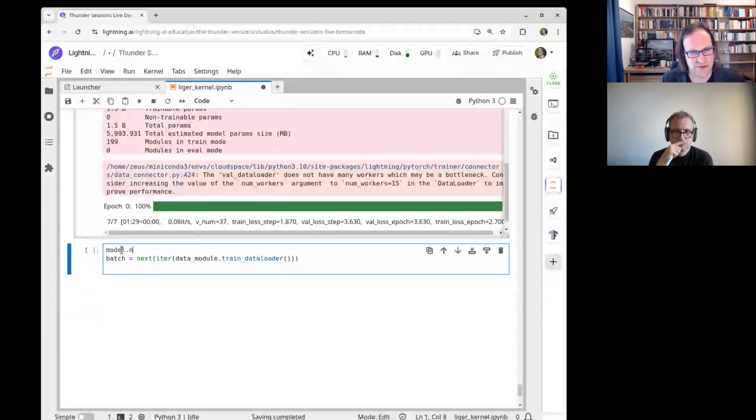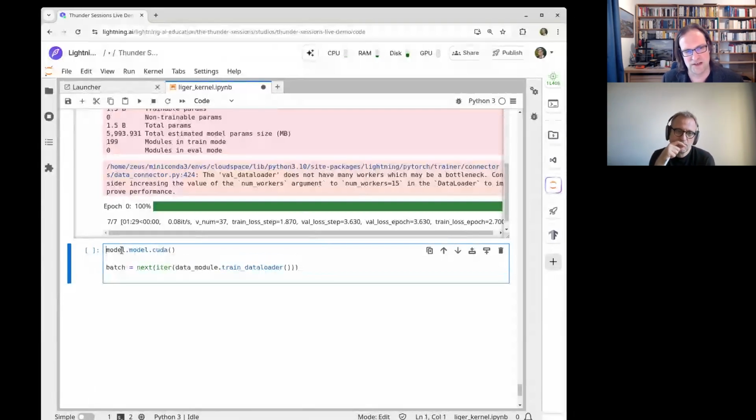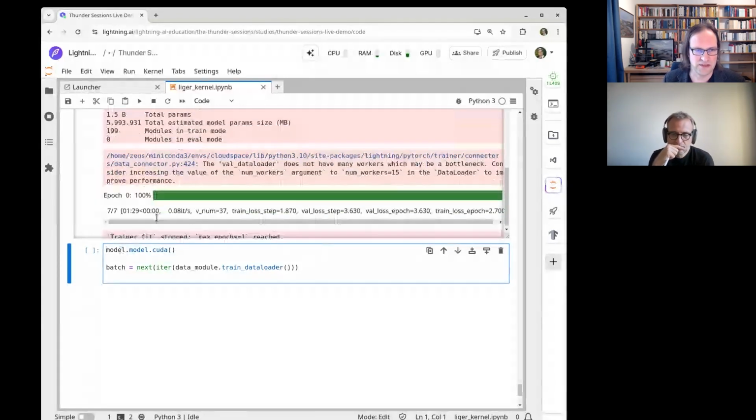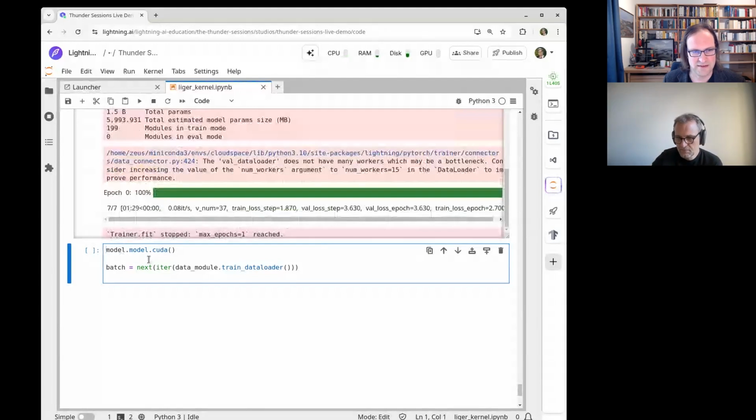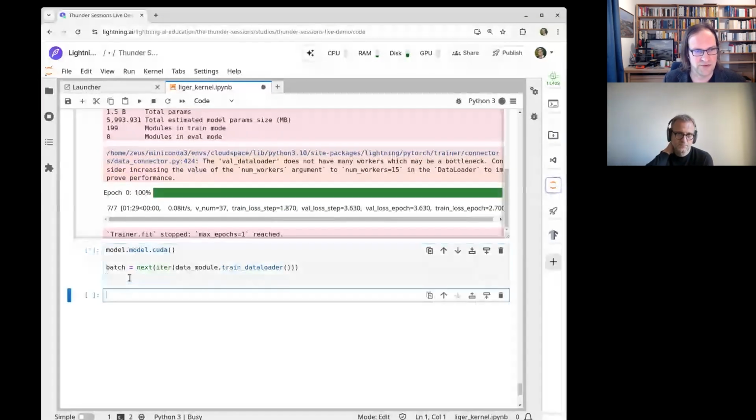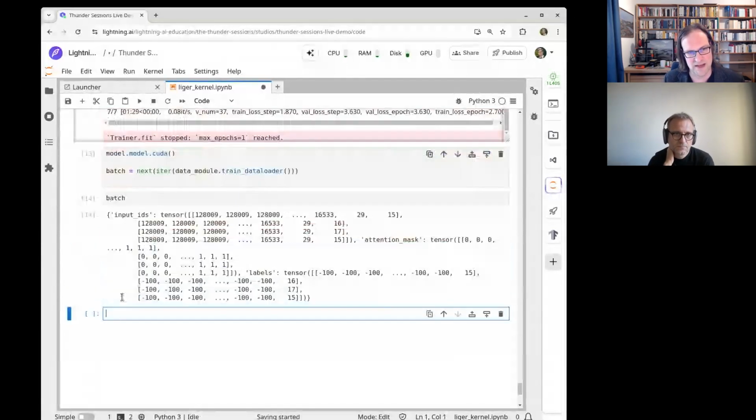The other thing we want to do is move the model back to CUDA. PyTorch Lightning by default, I think, moves it back to the CPU after training. And so we move it back to the device. Okay, so let's do these two, and let's look at what batch is here.